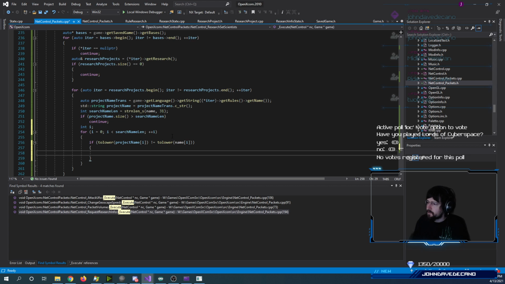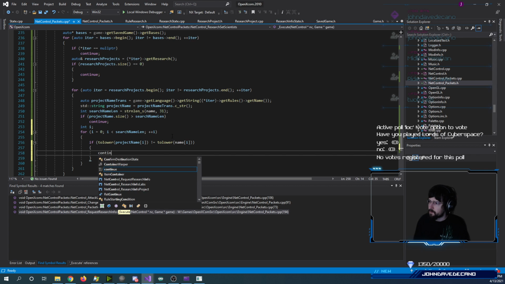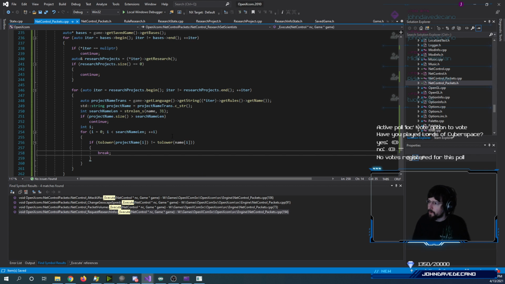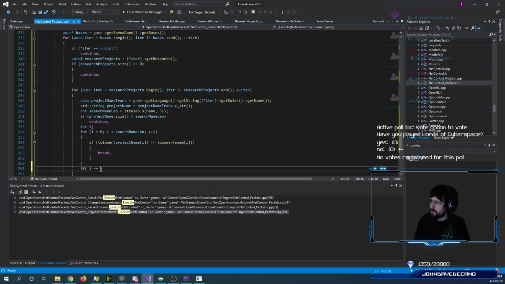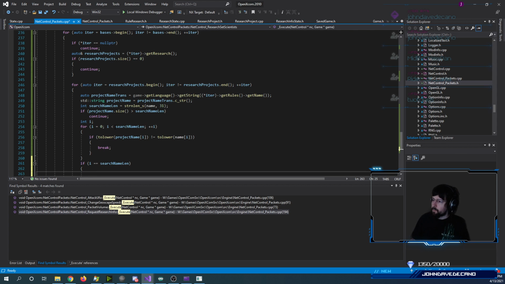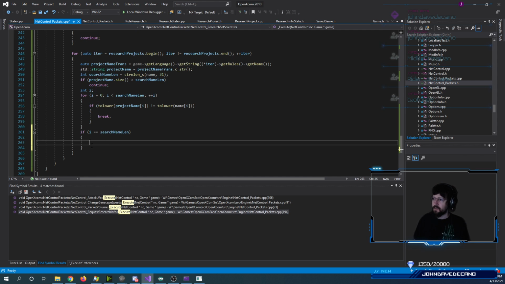And then, if they don't match, we're going to break out of this loop. If I is equal to search name len, that means we didn't break out before I got to search name len, which we would if we found letters that don't match. So if we go through all of these and all of the letters match, I will be equal to search name len, and it will leave. Which means if we get in here, if I is equal to search name len, then all of our characters matched for at least as long as our requested string was. And the idea is you don't have to type out the entire thing, you just have to do